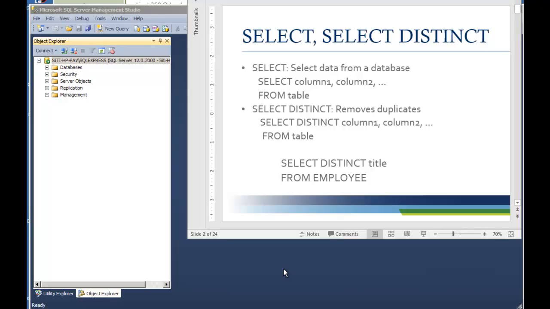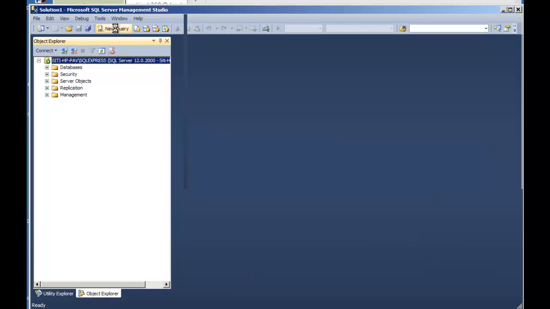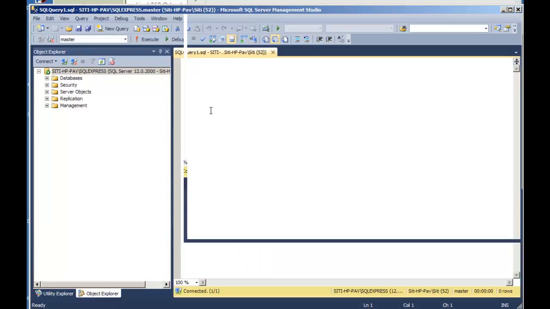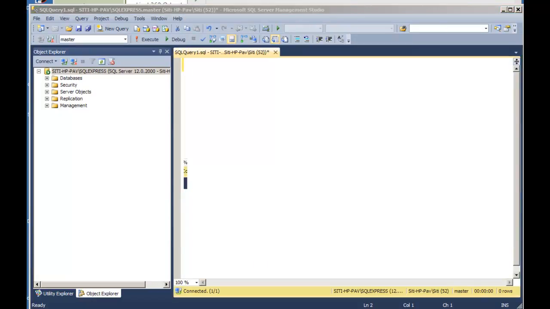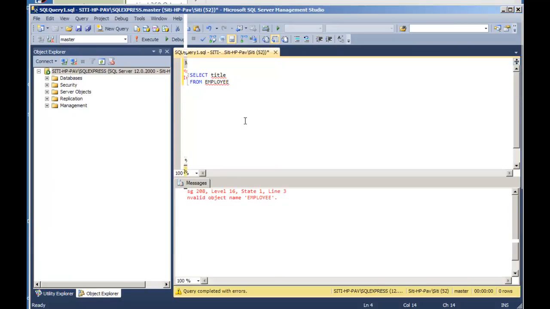So let's go back to our SQL server and see how this is accomplished. Click on new query, so the new query window will open, and I have written my query, select title. So we basically want to show the title of each employee from the table employee. And if I click on execute,